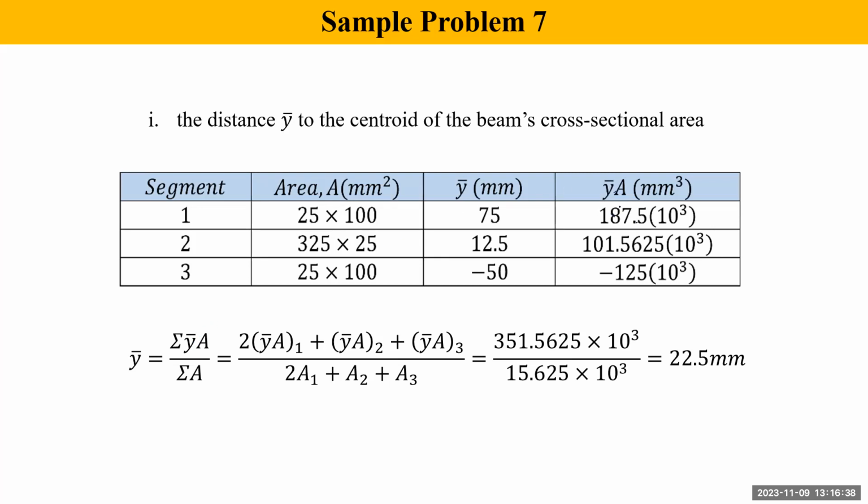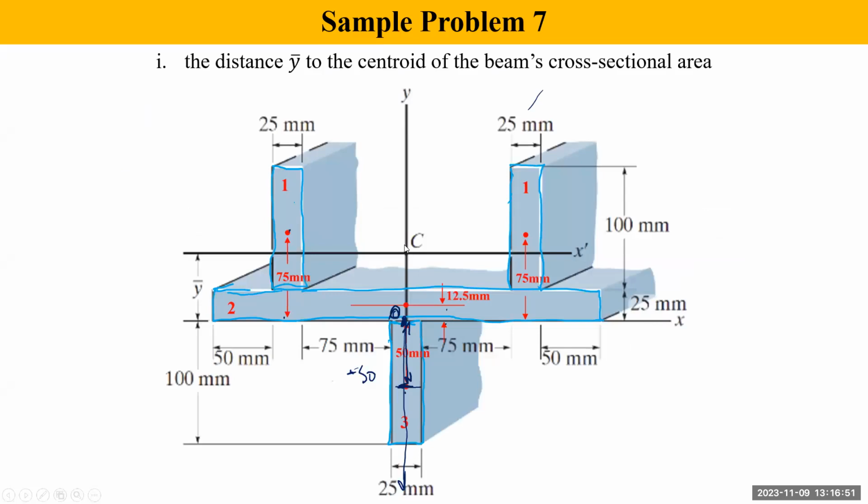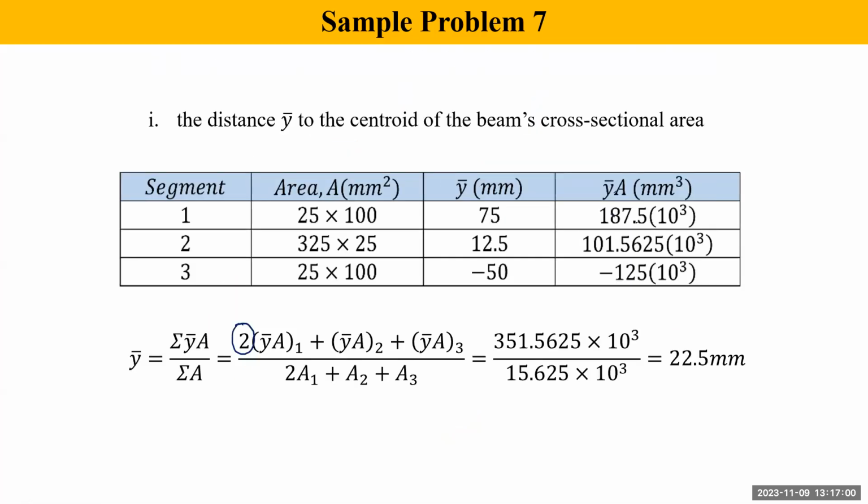Now, when you're working out, one of the things that you need to remember in your formula is that segment one has 2 parts. Look, this is why we have 2 here, because see here, it is 1 and 2. Right? So it's 2 parts. You have to double them, and they have equal areas there. So it's 2y1 for this one. So you'd have to double this value here, so this value here doubled by 2, plus this one here, which is ya2, plus